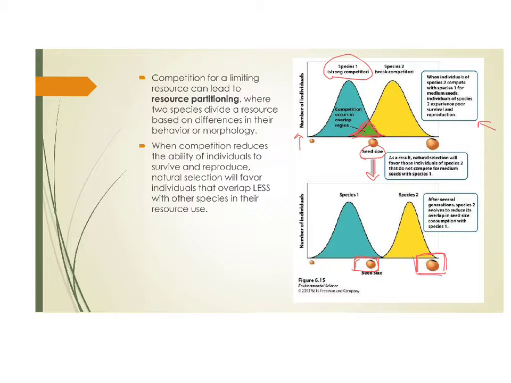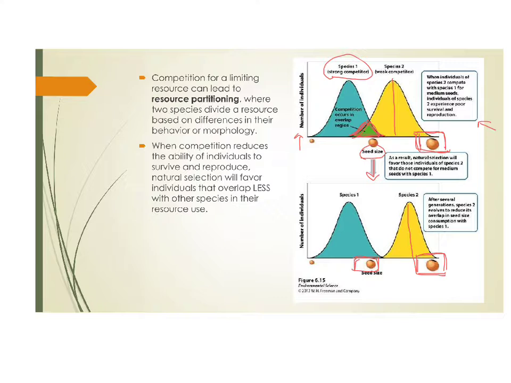Now remember, in the beginning, the larger seeds, if you look up here, were not preferential, and they were just at the very margin of what that species wanted or could tolerate. So there were some individuals that could use them, but most of the individuals could not, if you see where the peak of that curve is in comparison to those 3 seed sizes. So over time, natural selection is favoring those individuals of species 2, the weaker competitor, that can use and thrive